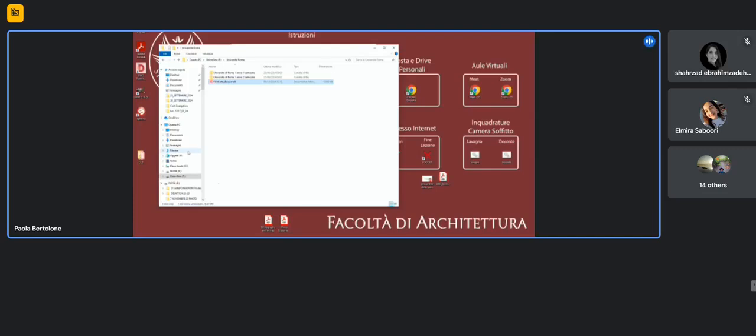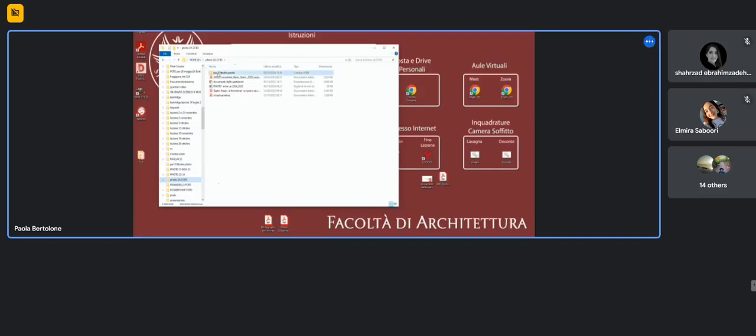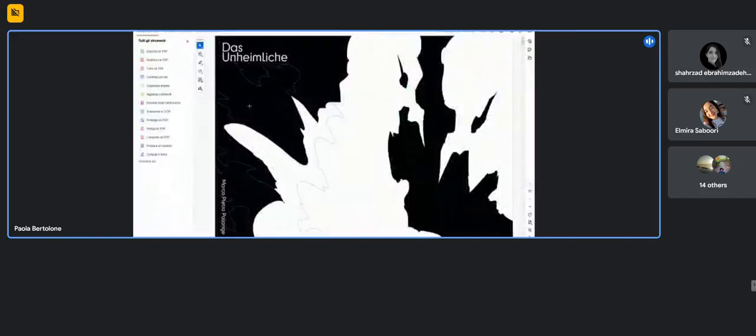For example, University of Rome La Sapienza, University La Sapienza, Rome, today is the 9th October 2024. Okay? And if you are very good, also the